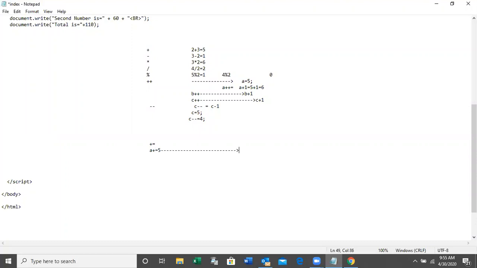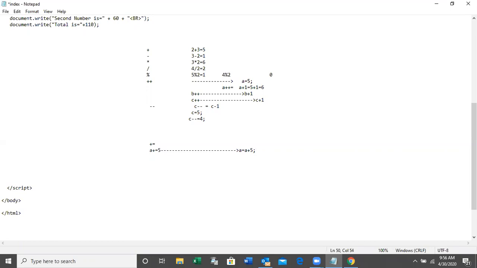A plus equal 5 means A is equal to A plus 5. Right? This one is the same as this. Instead of writing A is equal to A plus 5, we can write A plus equal 5. Right?